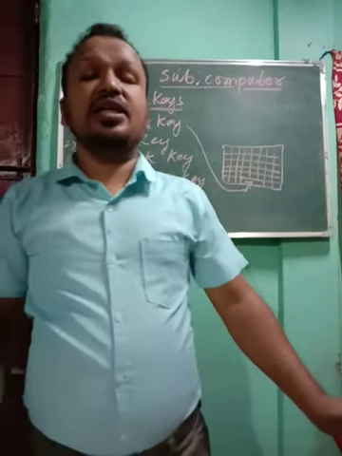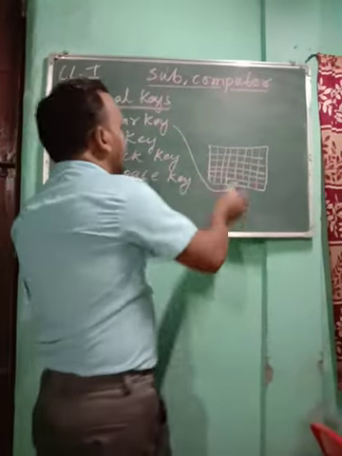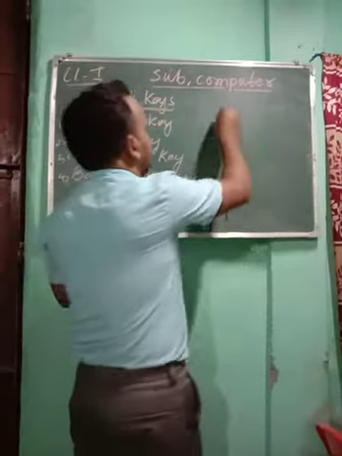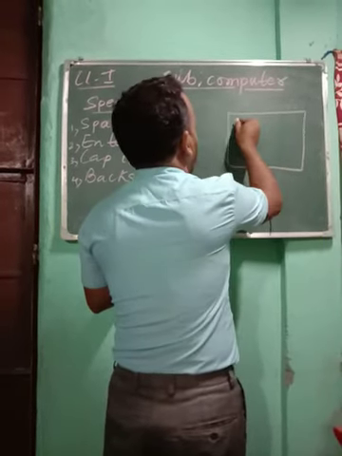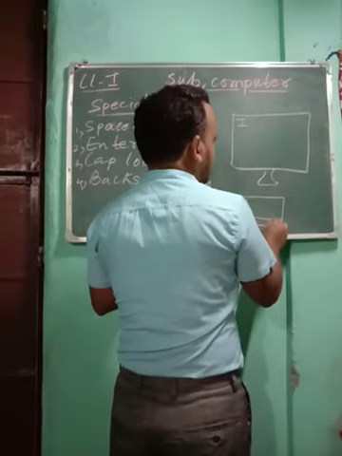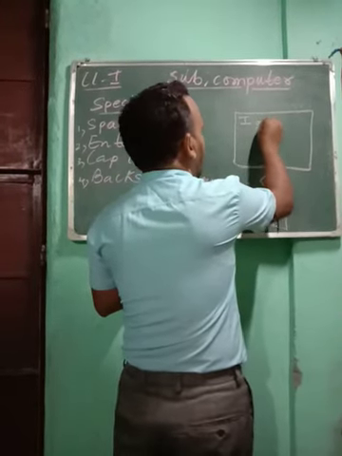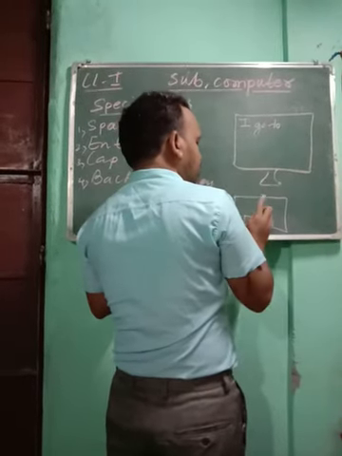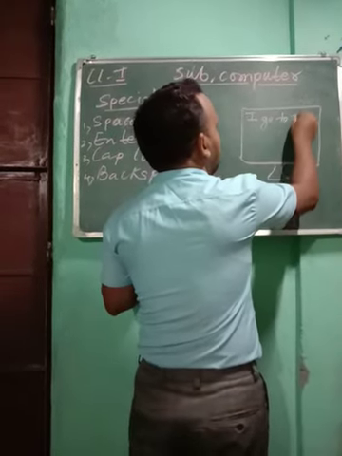Yesterday in the video I taught you that when we have to give a space between words, we use this. Suppose this is a computer and you have to write I go to school. This is your keyboard, this is your space bar. You press here once, so there will be a space. Then you write go, then again you press it and give a space. When you press the space bar key, there will be a space between the words. So I go to school will come.